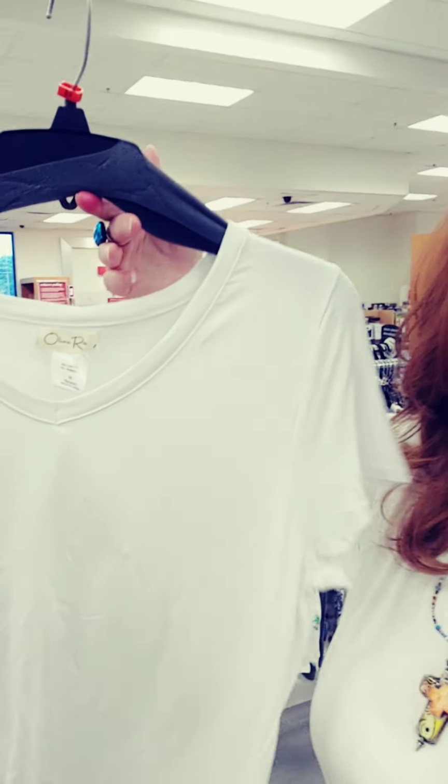So when you get t-shirts, you really have to get t-shirts that have a V here. This isn't a V. This is one act of desperation. But we're gonna need something that comes into a soft V, which is prettier than a harsh V, and comes in a little bit on the side, so it's what I call a girl t-shirt. It's more sculpted, and for me, I need something that's not long, because I have a lot of pants that are cute at the top, and so I need a really short tank top kind of thing,